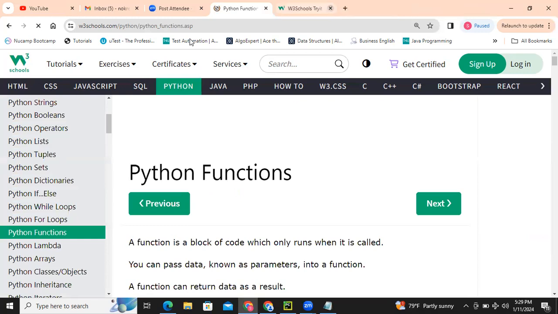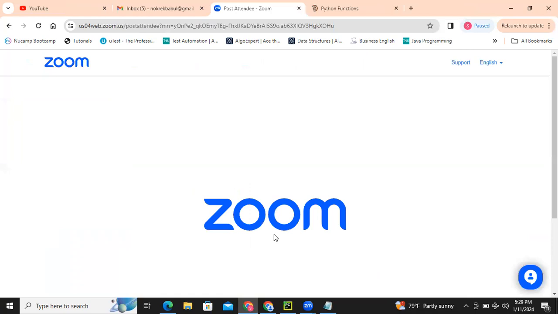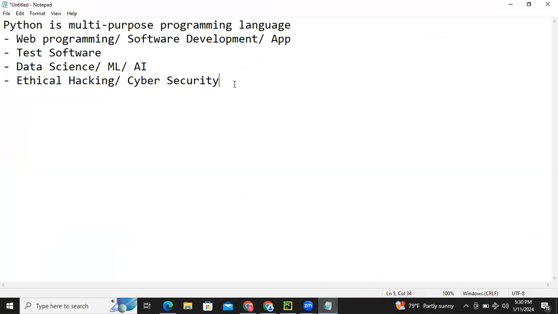What is a function? What do you think? Can anyone try? Okay.